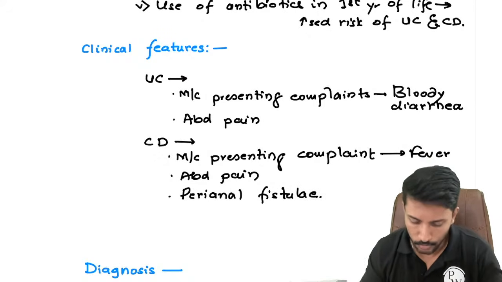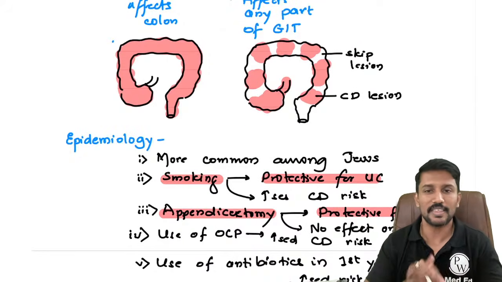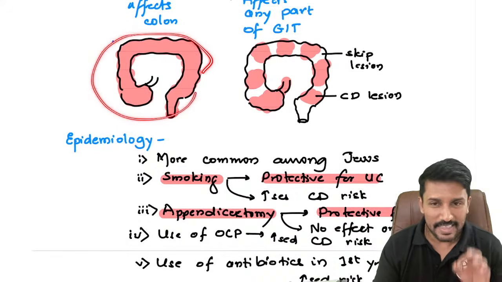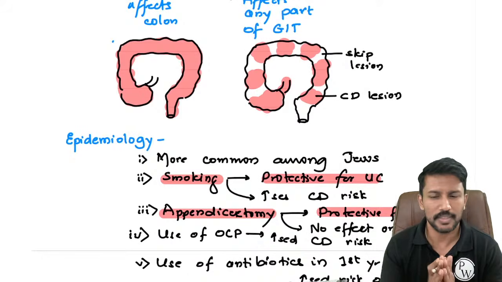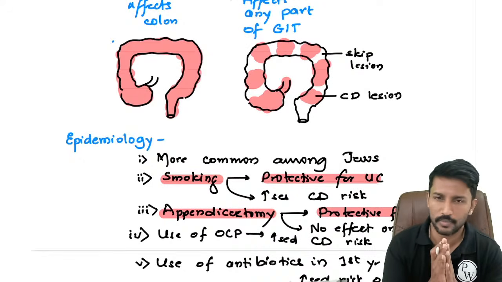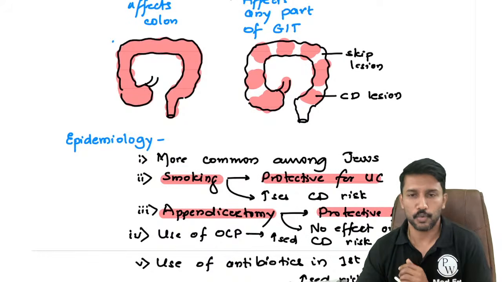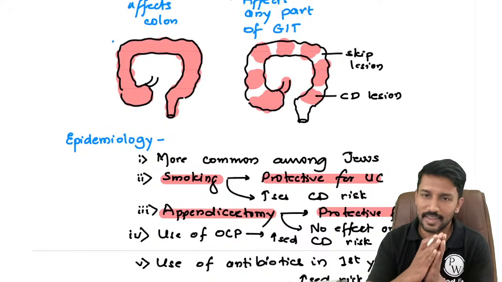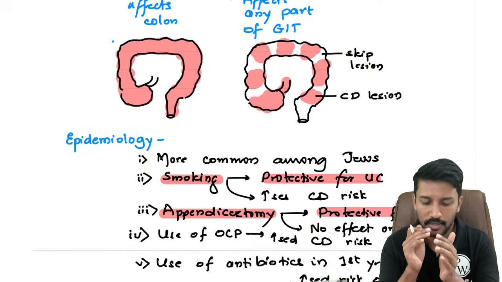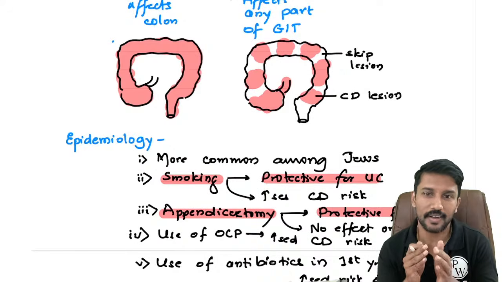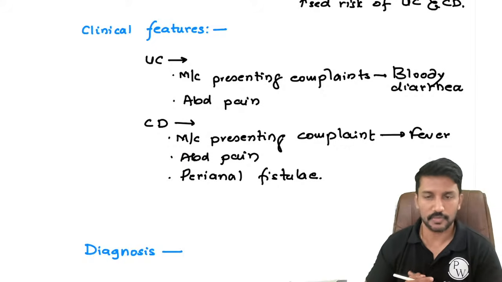Now I probably forgot to tell you what is the fundamental difference between ulcerative colitis and Crohn's disease process. In ulcerative colitis, the inflammation that we see is restricted to the lamina propria, meaning the mucosa and a little bit lower regions. But in Crohn's disease, the inflammation is transmural. What do I mean by that? Transmural means the entire thickness of the bowel is inflamed. Because of that, the bowel tends to develop small ulcers which eventually penetrate and develop a fistula. So fistula formation is very common in patients with Crohn's disease.